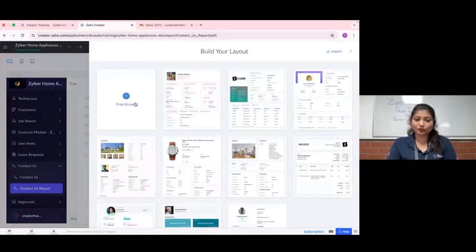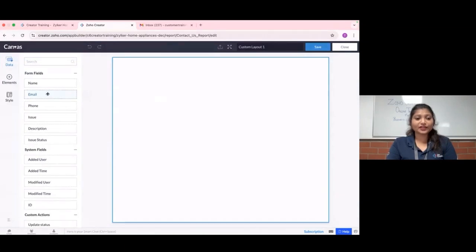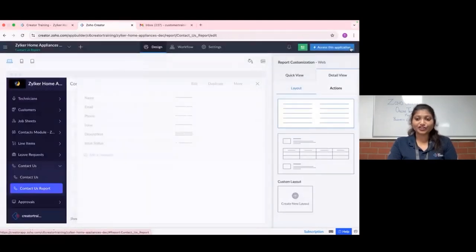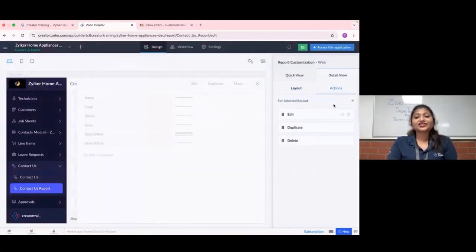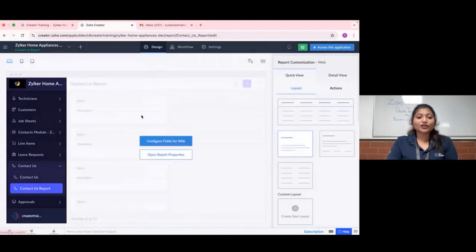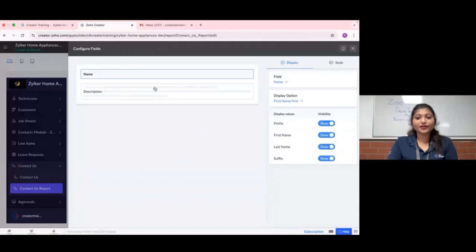You can go with the canvas builder, so you can create your own customized detailed view report for your application, right? And a set of actions can be performed. And talking about the configure field for web, if you go here, you can choose the field name and the display name.